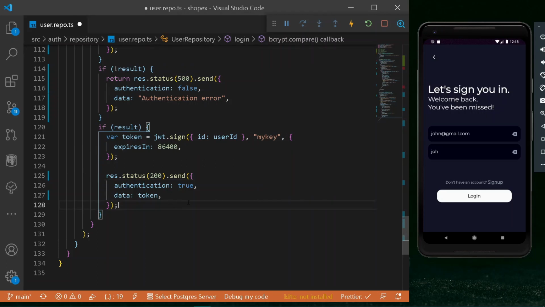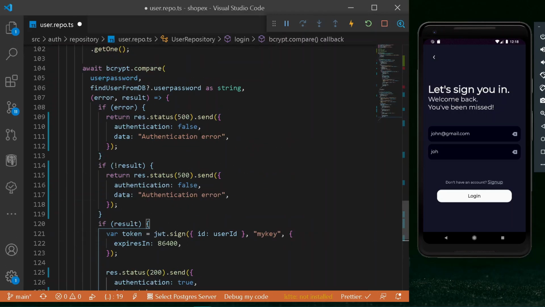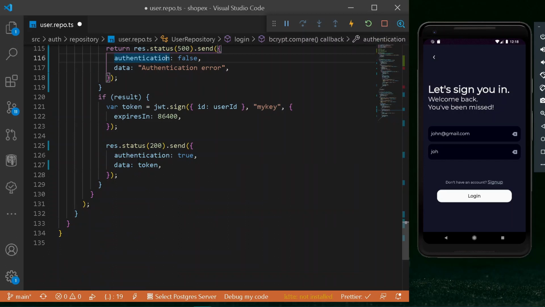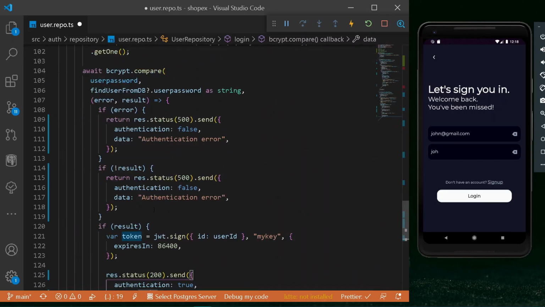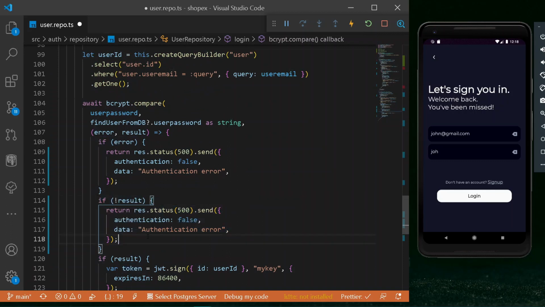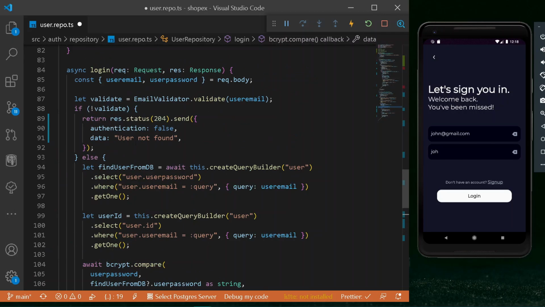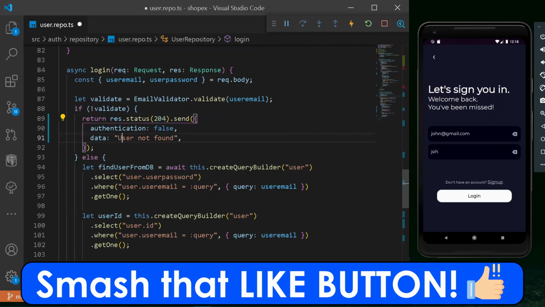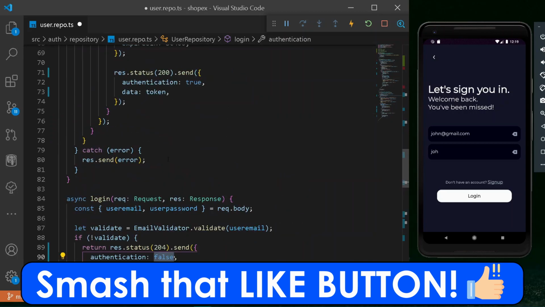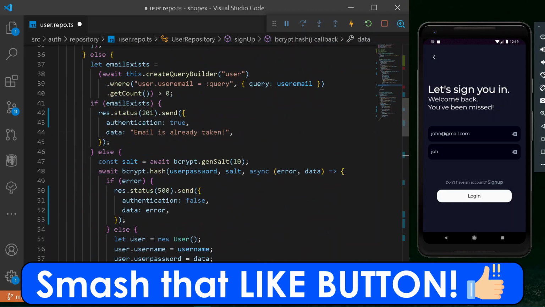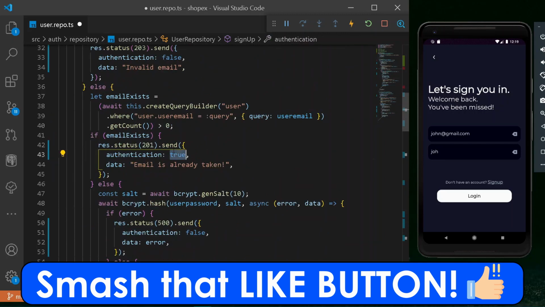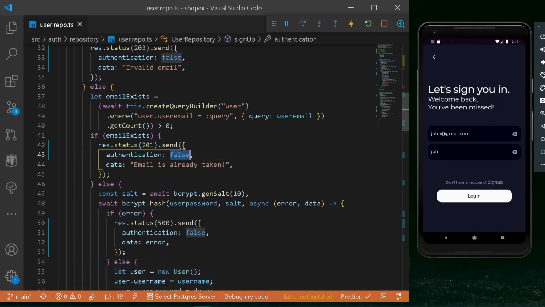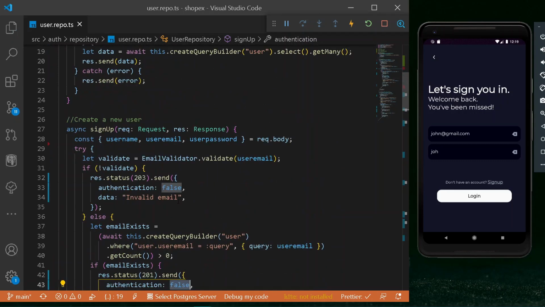Cool. So we have made all of our changes under our status codes having the particular authentication response. So let's cross check everything. We are having authentication true, and also we are sending our token if everything went right. Else if we are not getting a result, we are sending an internal server error, authentication false, also some authentication error, same as this. We can go at the top. Here we are sending a user not found and also authentication to be false. Similarly under this case and every one so. But here we shall be having our authentication to be false. Let's paste it here. We need to pay attention to our smaller changes.